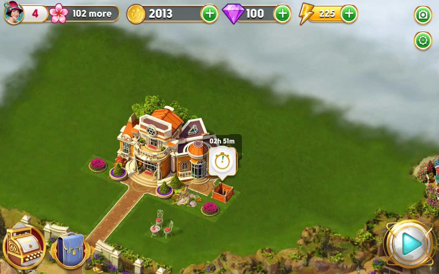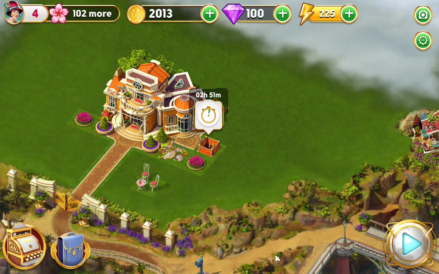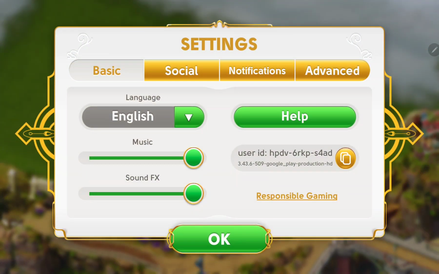First of all, open the application on your device. So that's my place, and you can find different buttons on the home screen. Now go to the settings icon at the upper right corner of the screen, and here you can find different